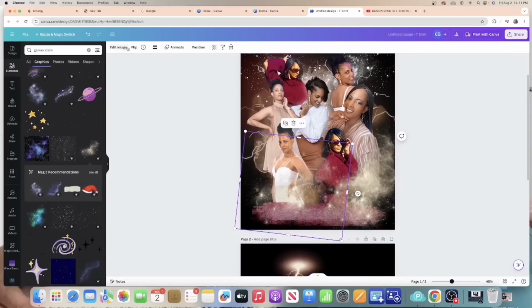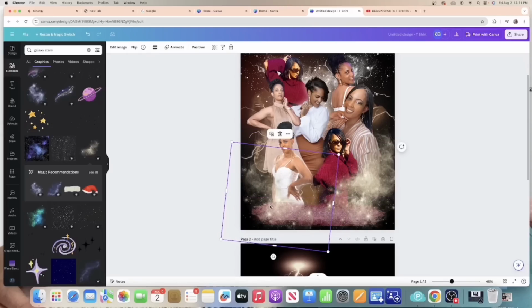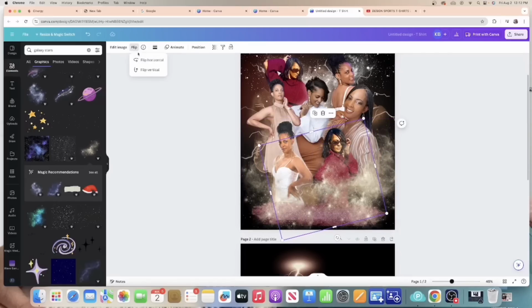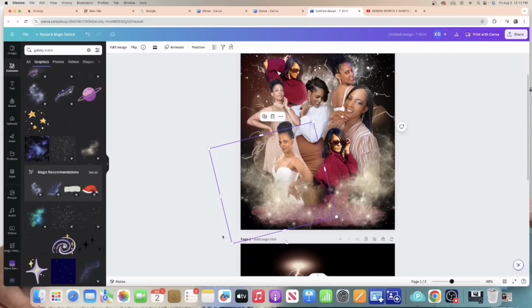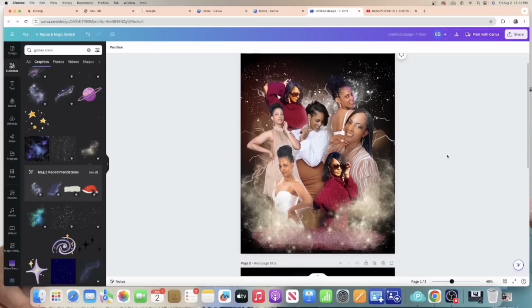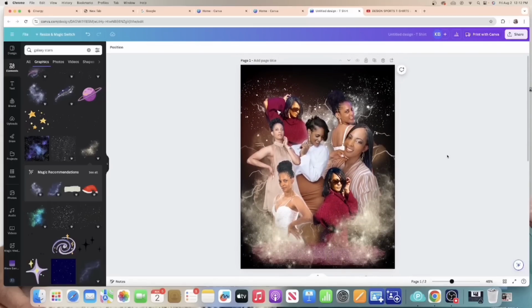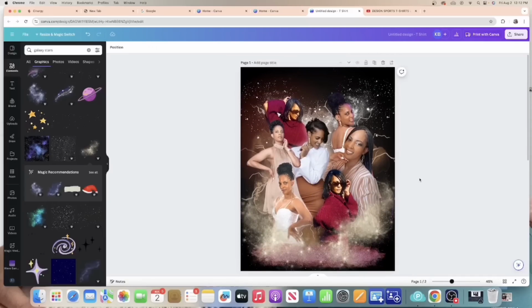So I'm gonna flip this one horizontal and bring it down here. And this one, I'm gonna copy the background one, flip it horizontal and bring it over here. And I'm gonna twist it up so it's in the corner. So I'm really liking the smoke down here at the bottom. Really loving the smoke. All right, I definitely don't want it to be too busy, but I really like that,